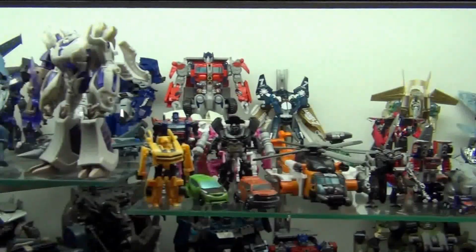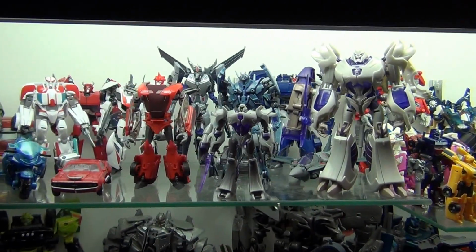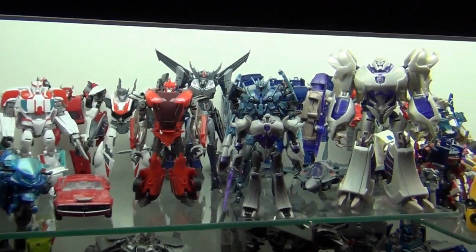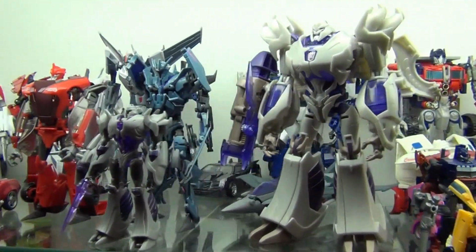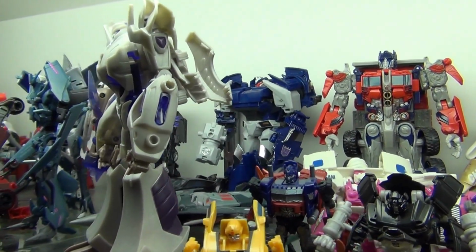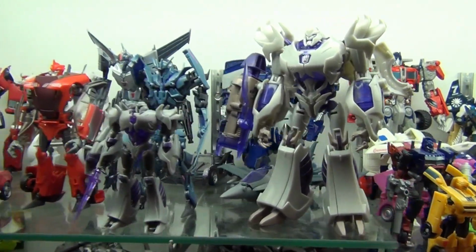Then I have the newest series, which would be Prime. I've got all the current ones that are out except for, I think, Arachnid. I'm still looking for her. In the back there I do have Breakdown. There he is. Pretty neat figure if you can find him. Kind of feels a little cheaper than some of the other ones, but worth it if you want to complete